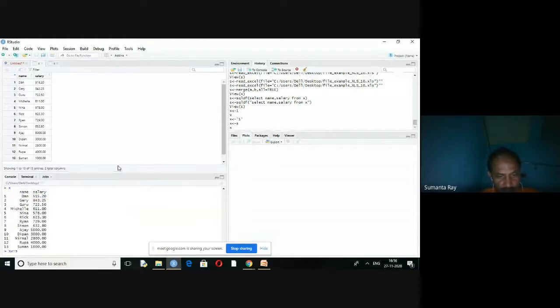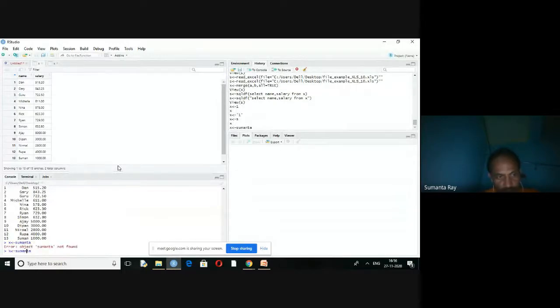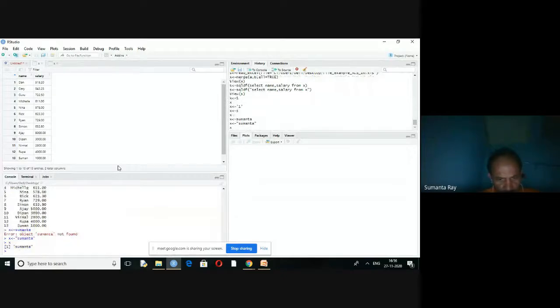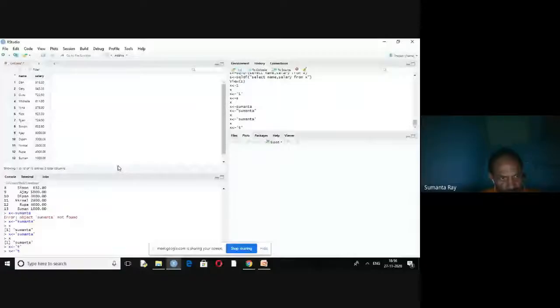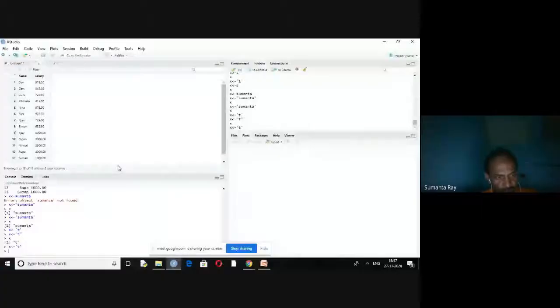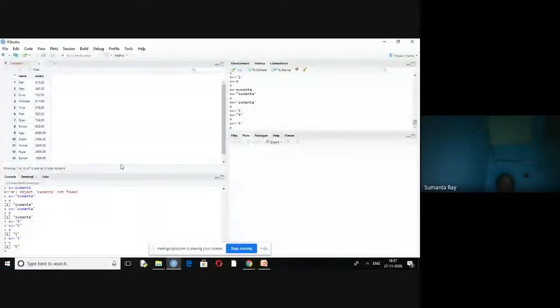Let's suppose x, that will be displayed like this. R basically supports all these things.